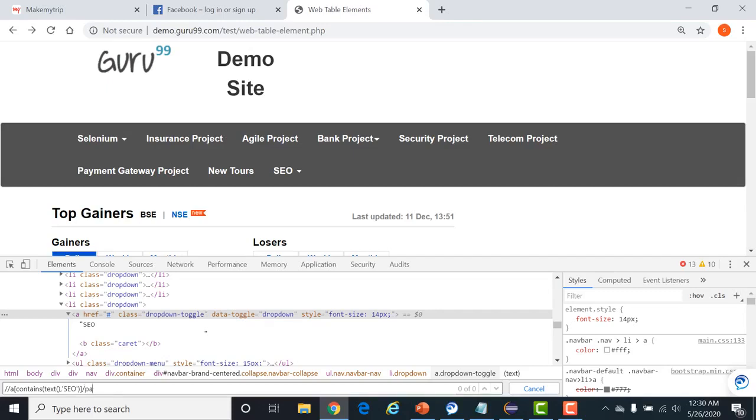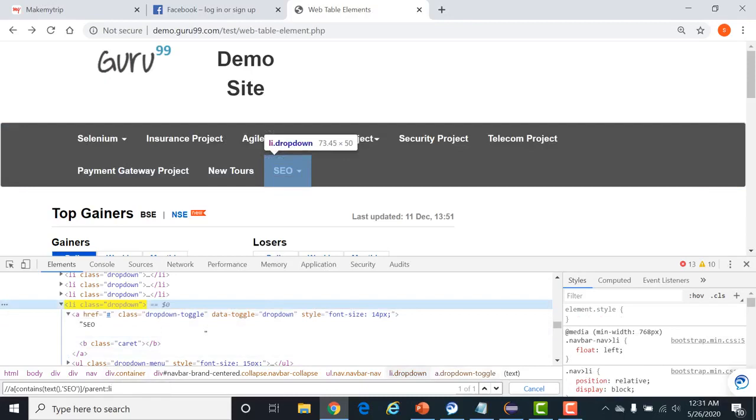So as of now, I am giving the proper axis as parent. Now it will search the particular element in the backward direction. I am giving the parent node, this is Li. I'll simply write parent Li. Now it is identifying this particular parent node.